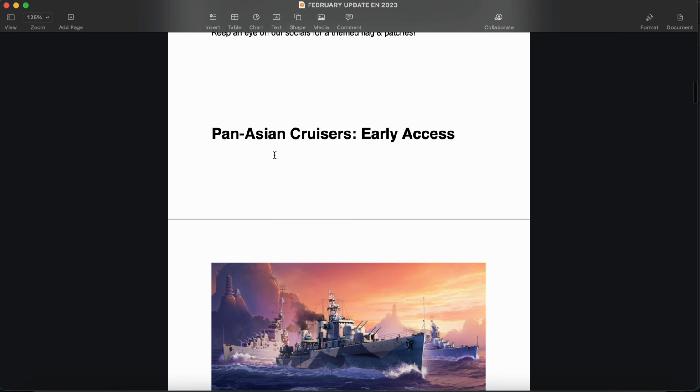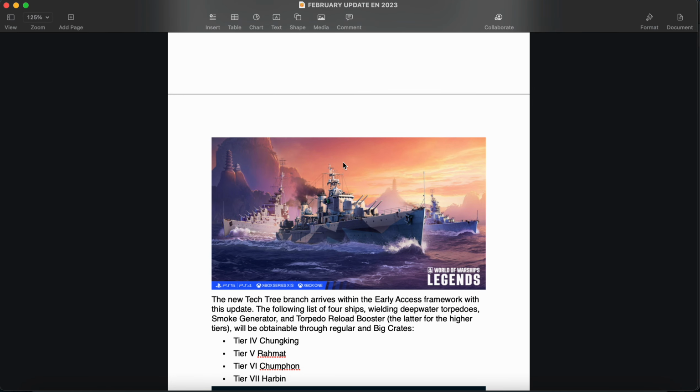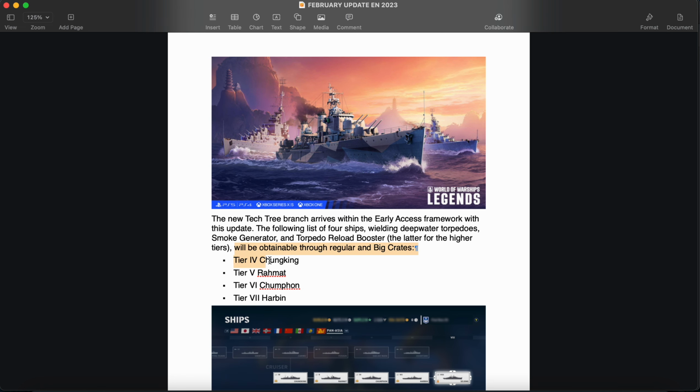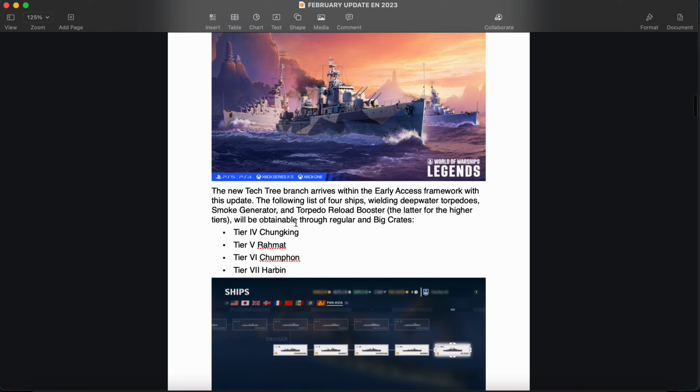Honestly, probably the most exciting thing for me is the Pan-Asian Cruisers. They are in early access, of course. Wargaming always has to dip their hands in the crates in some way. But let's be honest, we know this by now. So, anyway, these are light cruisers with smoke, I believe, and single file